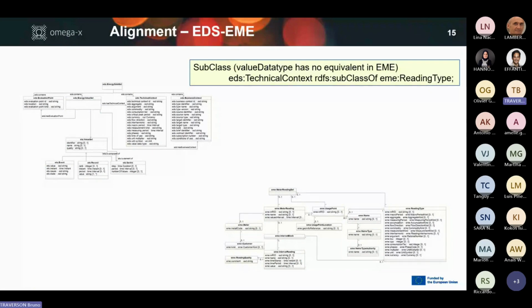They are enumerated values, due to a taxonomy that has been defined in the context of SIM, when EDS is more generic and only expresses the parameters of the technical context as strings. So it was this kind of rule that we have to explain